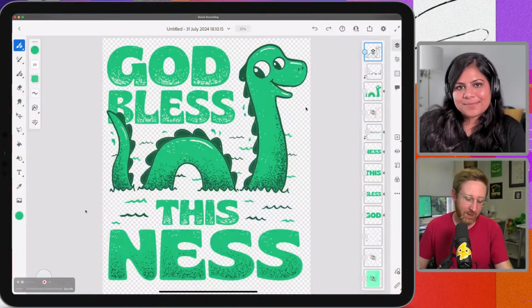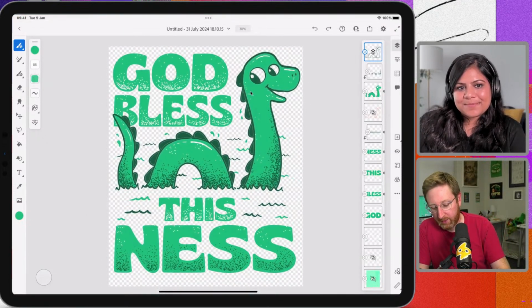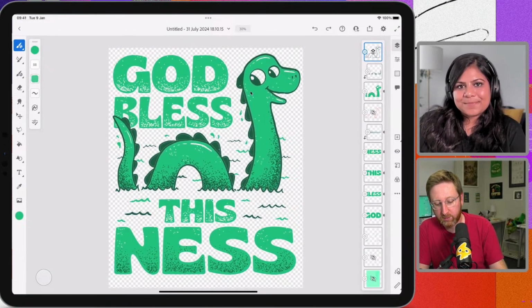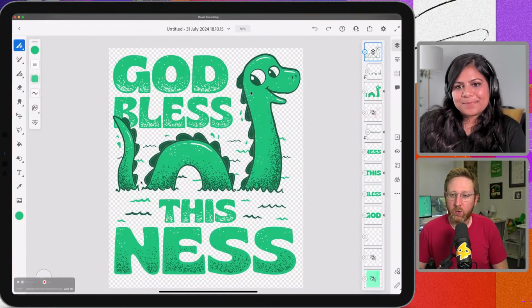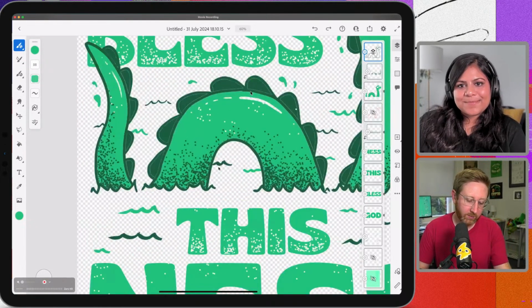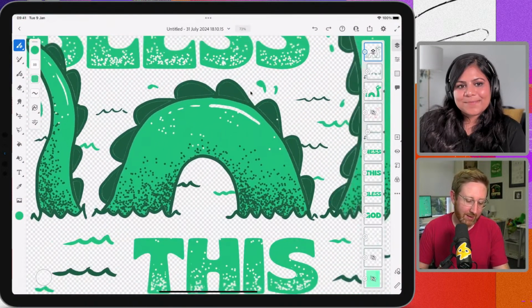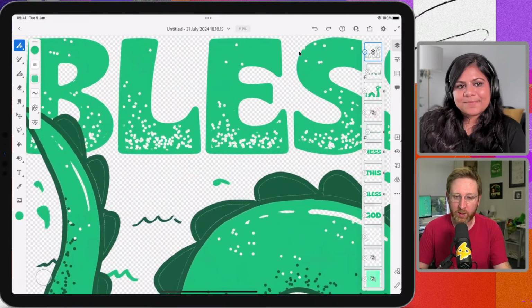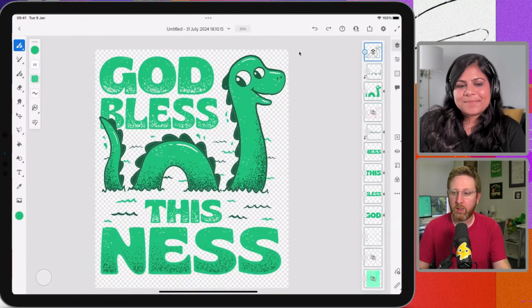There we go. So there's my screen for the iPad. The design we started with Fresco. So we started with a sketch, and then we did the line work for the illustration and colored that in. Used this stipple brush to get a nice effect for the shading, and used that again on the text to cut away a bit and give it that weathered and worn effect. And then we headed back over to Photoshop.